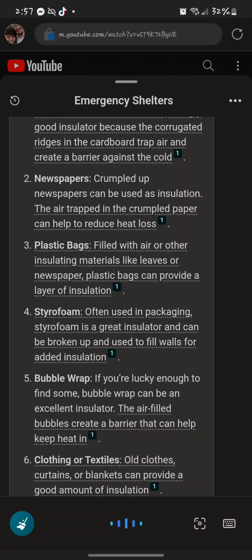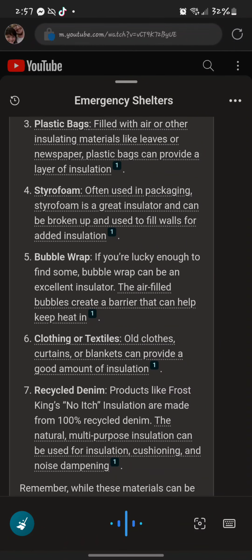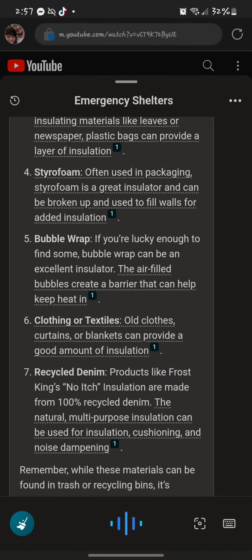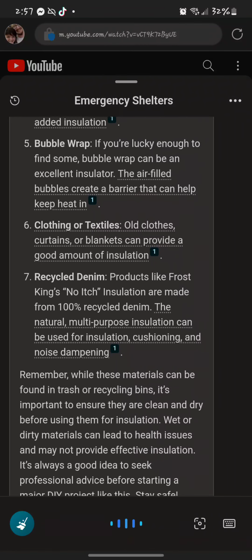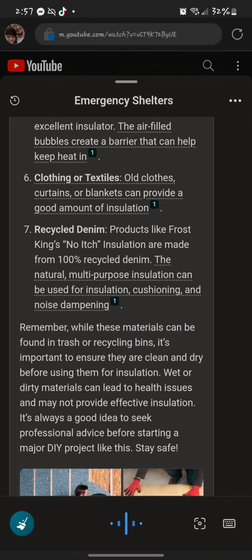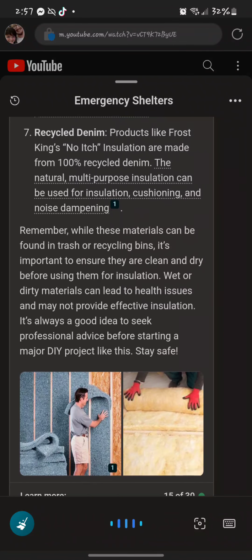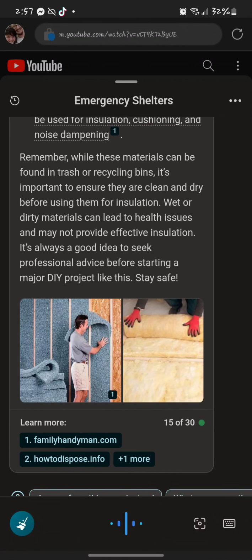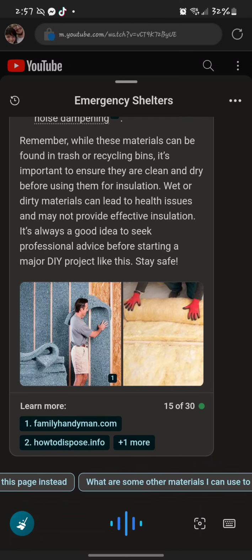Plastic bags filled with air or other insulating materials like leaves or newspaper. Plastic bags can provide a layer of insulation. Styrofoam, often used in packaging. Styrofoam is a great insulator and can be broken up and used to fill walls for added insulation. Bubble wrap. If you're lucky enough to find some, bubble wrap can be an excellent insulator. The air-filled bubbles create